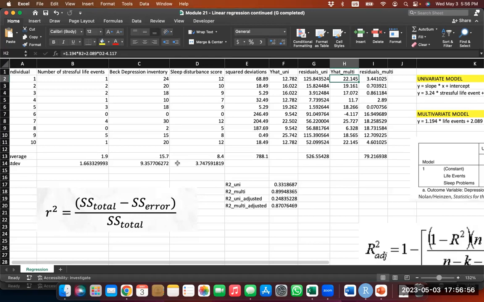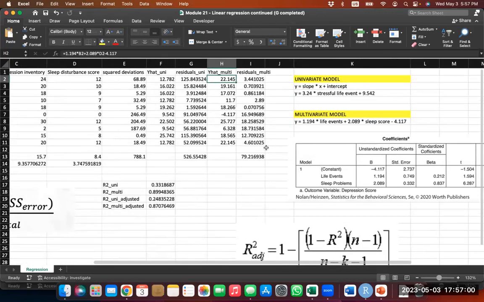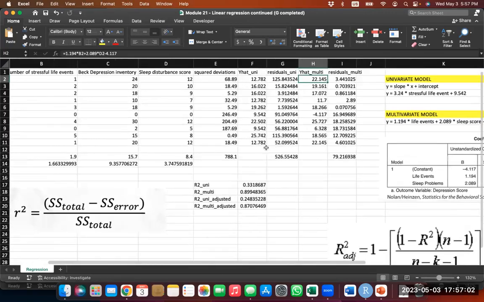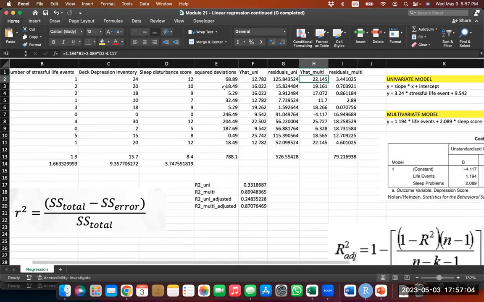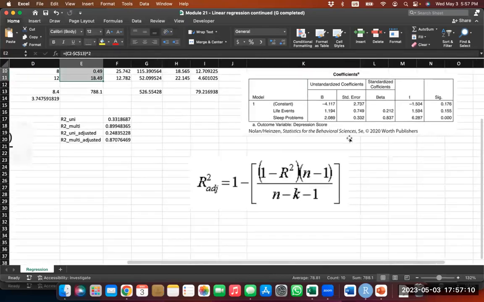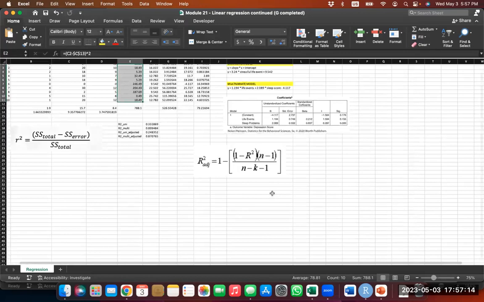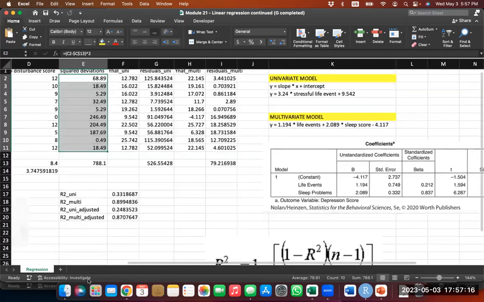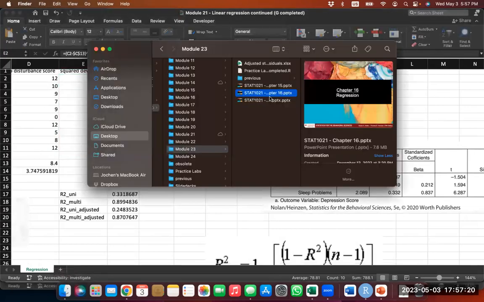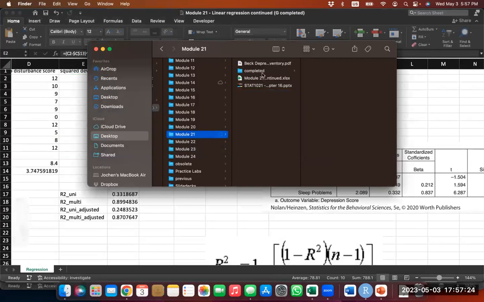So we found a regression equation by basically calculating first squared deviations, utilizing these squared deviations to standardize our outcome variable, and then utilizing these standardized outcome variables